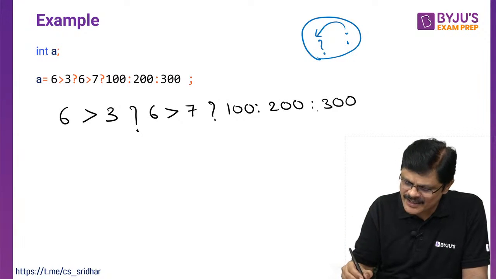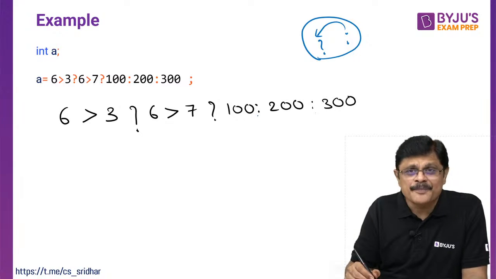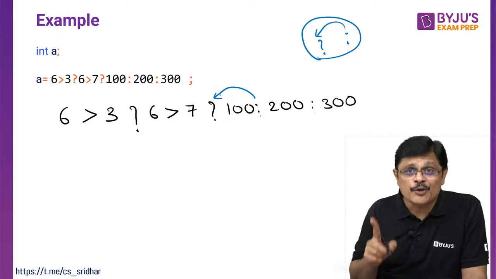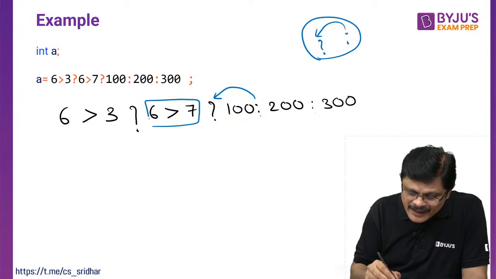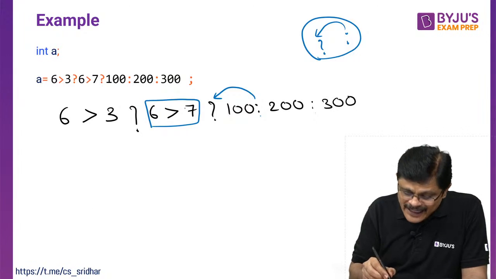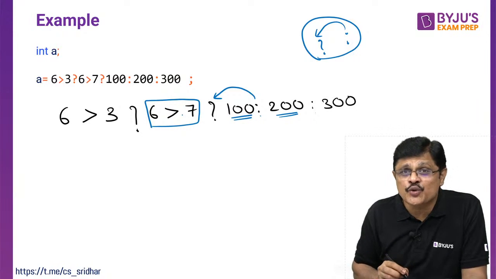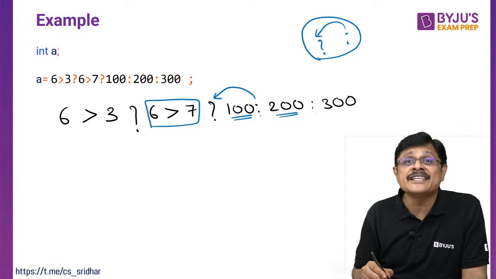Okay, so let us see this. You see a colon, before that there is a colon, that is of course number colon number or expression colon, no problem, continue. Colon, immediately before that there is a question mark, and whatever is before the question mark is your condition. If the condition is true, this will get evaluated. If it is false, this will get evaluated. Now please tell me, 6 greater than 7 is true or false? Prajwal says correct answer, very good. 6 greater than 7 is false.